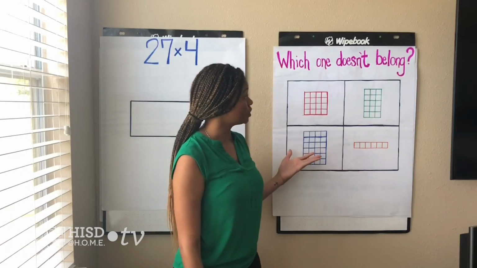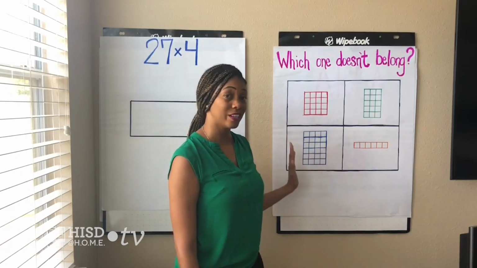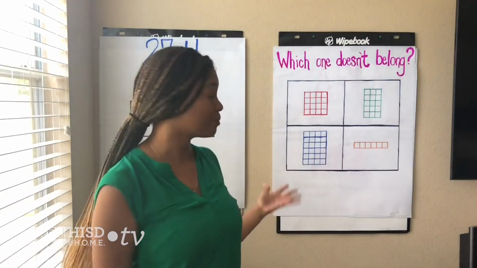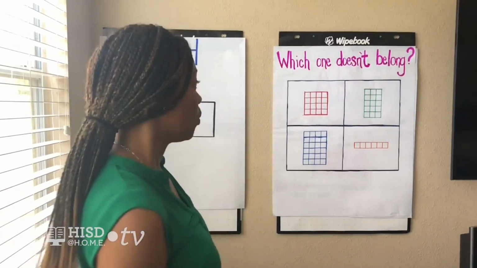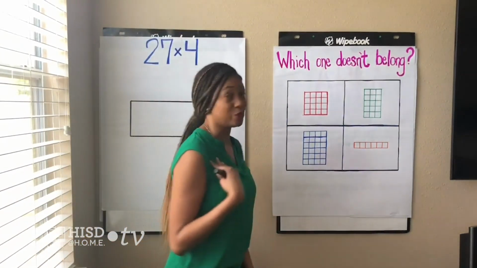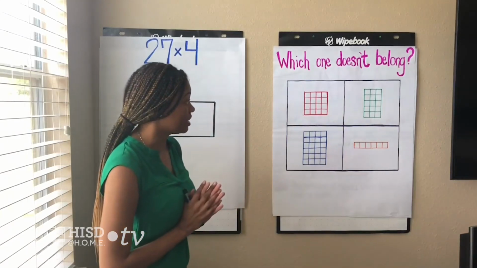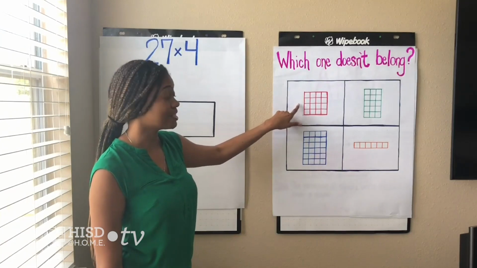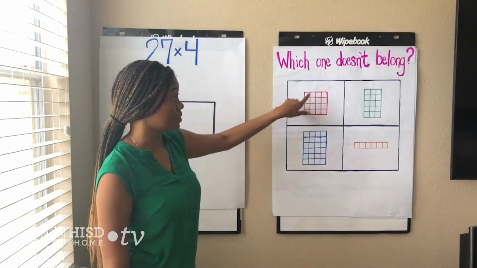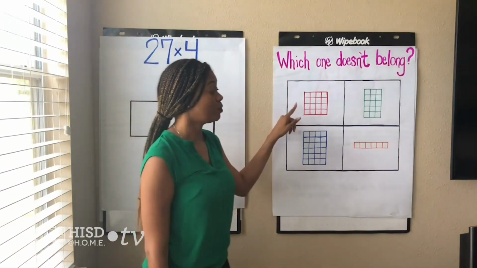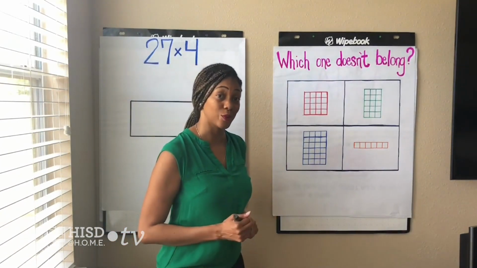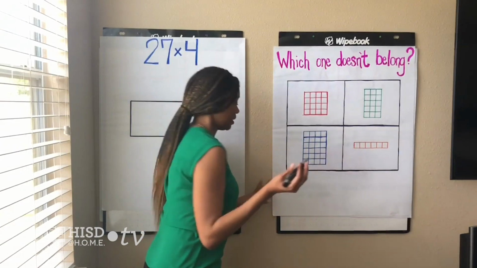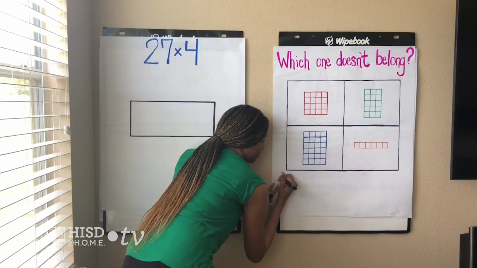Now I want you to think about it. Remember, you jotted down some things, and I'm going to go through my thinking. I'm going to write it down at the bottom and list my favorite one that I noticed. As I was looking at it, I noticed that the red model has 4 rows and 4 columns, but it's the only one that is the shape of a square. The other 3 cannot be squares. So I am going to put the red model